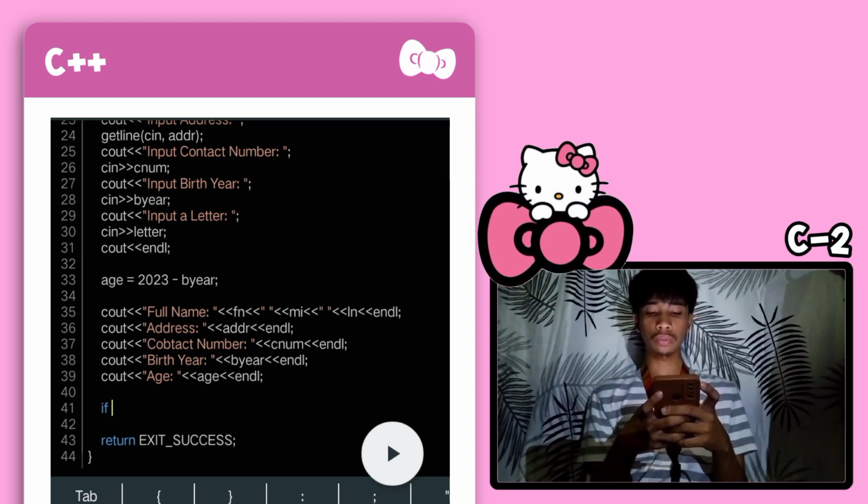We are going to use a Boolean operator. So let's type open parenthesis, letter, space, equals equals, apostrophe, because it is a char, then capital letter S, apostrophe, to close it, next space, OR operator or a double bar sign, is our Boolean operator,